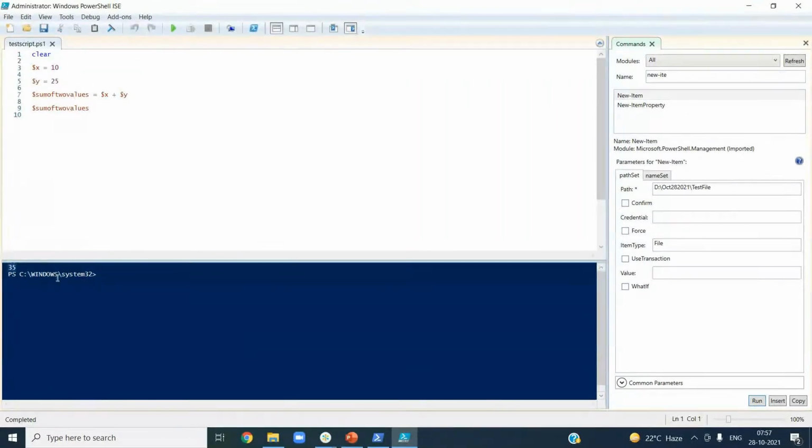Okay. Let me do it like this: $x plus $y. Now let me execute this. See, it is giving me the value. Just for your understanding, let me change this value to 39. So what I'm trying to say here is that PowerShell is intelligent enough to understand there is a plus here. This is an arithmetic operator.